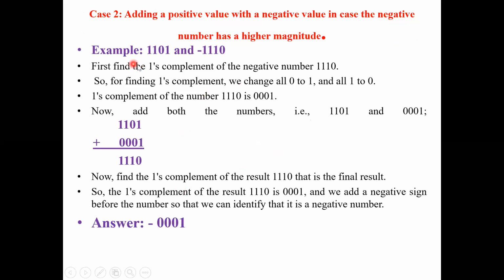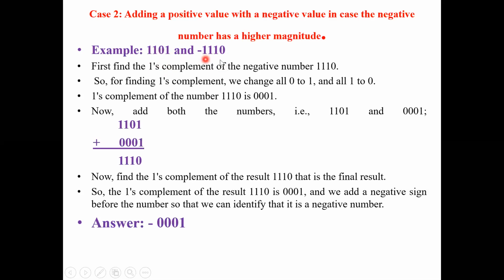Suppose I give you a number, same case, 1101, and you have to add minus 1110. So here you can see the third bit. You see this number is smaller and this is big. Yes, ma'am. It is a bigger number. Okay, so case 2 आ गया because यहाँ पे 3 बार 1 है फिर 0, obviously this value will be more, if I convert it into a decimal number and compare.